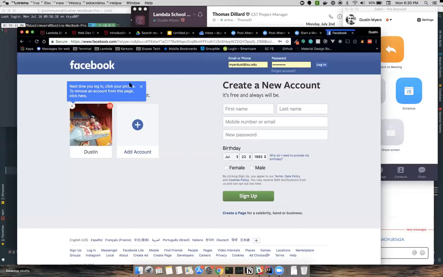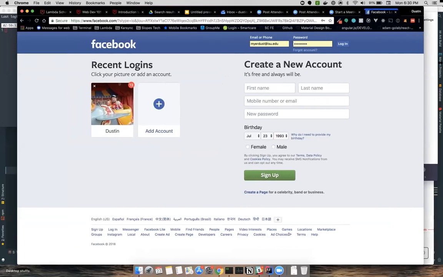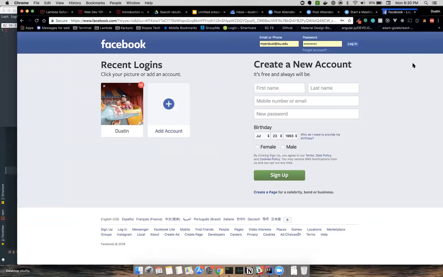All right, so let's look at this website here. So we're on the login page of Facebook, and you can see that it's got a very specific design structure. So if we go top to bottom, we notice that there's 3 distinct sections within this website: a header, kind of this body section, and then this footer down here at the bottom.